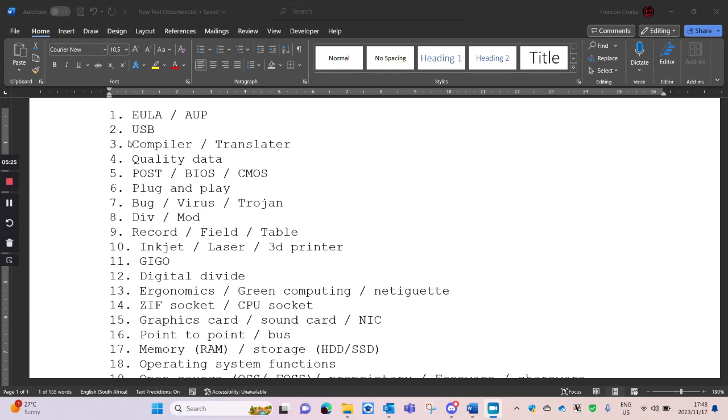But the nice thing about a compiler is once there are no errors and it changes the whole program into machine code, the program runs faster because it's all already machine code. With a translator, it takes one line, changes and runs, then takes the next line, so it could be a little bit laggy. So both have their advantages and disadvantages. It just depends on what you need.